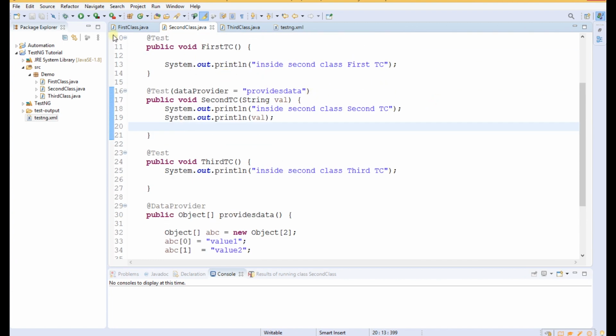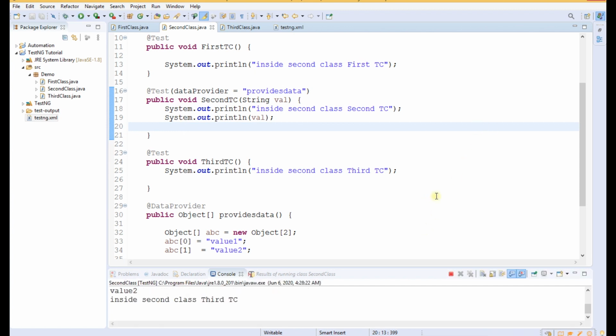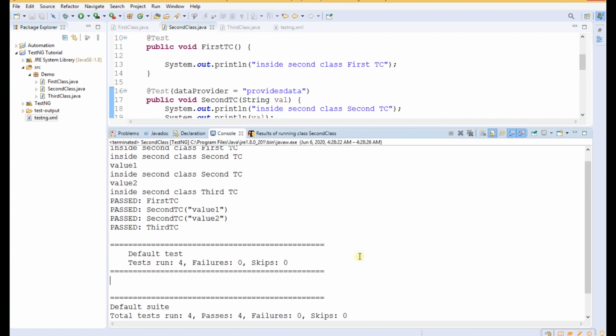Now let us execute it and see what the output will be. As you can see, 4 tests are executed. First it has executed the first test case, after that the second test case with value 1, then again the second test case with value 2, and at last the third test case.